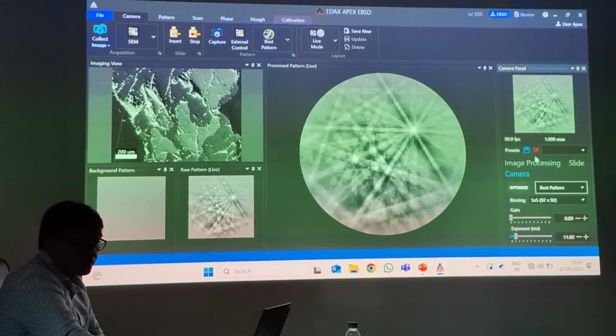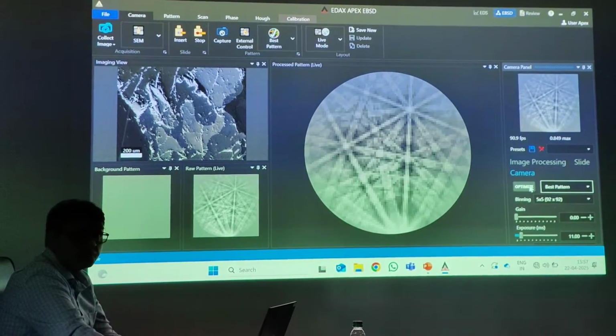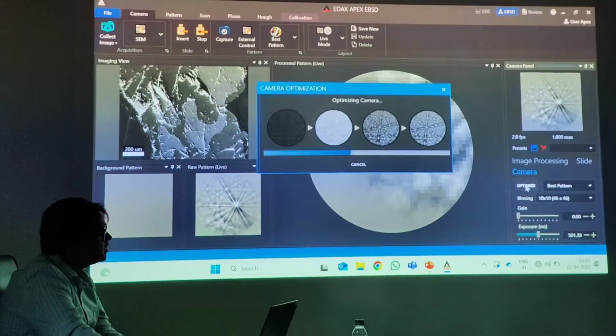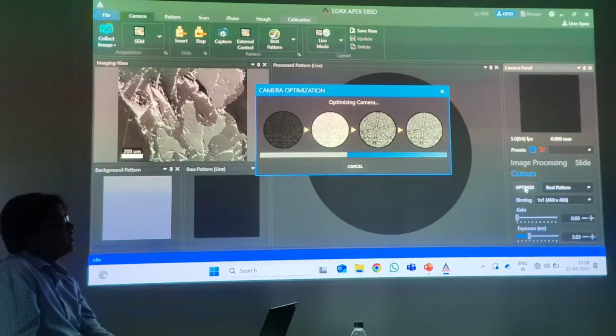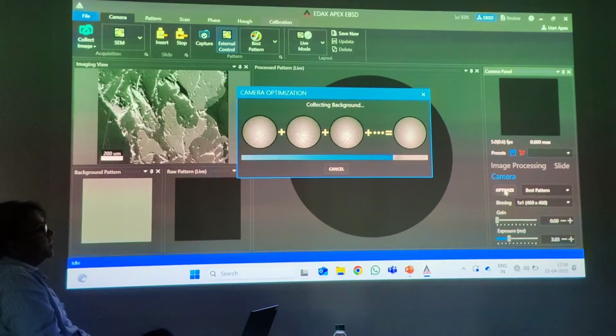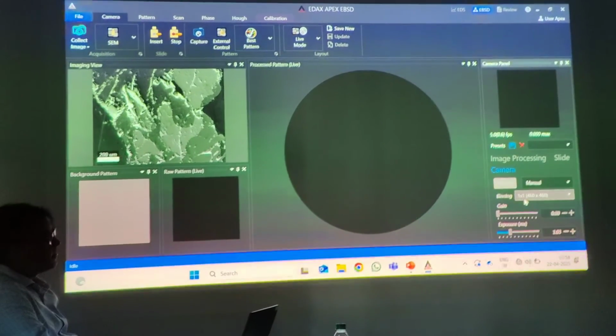Now if I click on optimize, just try to observe how the software changes those parameters: gain, binning and exposure values. Based on the intensity of your diffraction pattern, it will optimize those parameters for you. From binning of 5 by 5, it has gone to binning of 1 by 1.